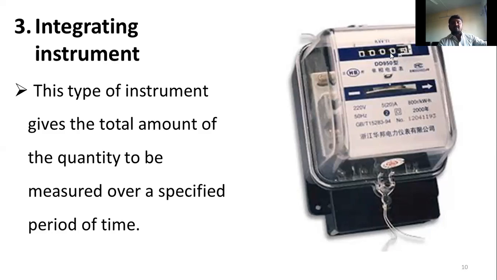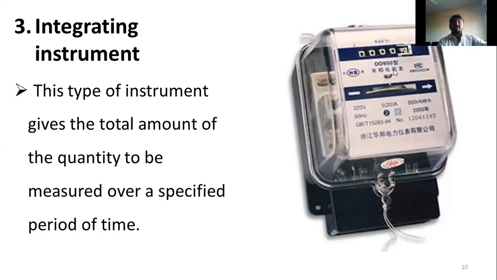Suppose every month the meter bill issuer will come from the Mahadiscom. What they will do is note down the present reading, and they already have the record of the previous reading. Present reading minus previous reading gives the total number of units consumed. Based on that, per unit how much charge you have to pay, they will issue and give the bill to you people.